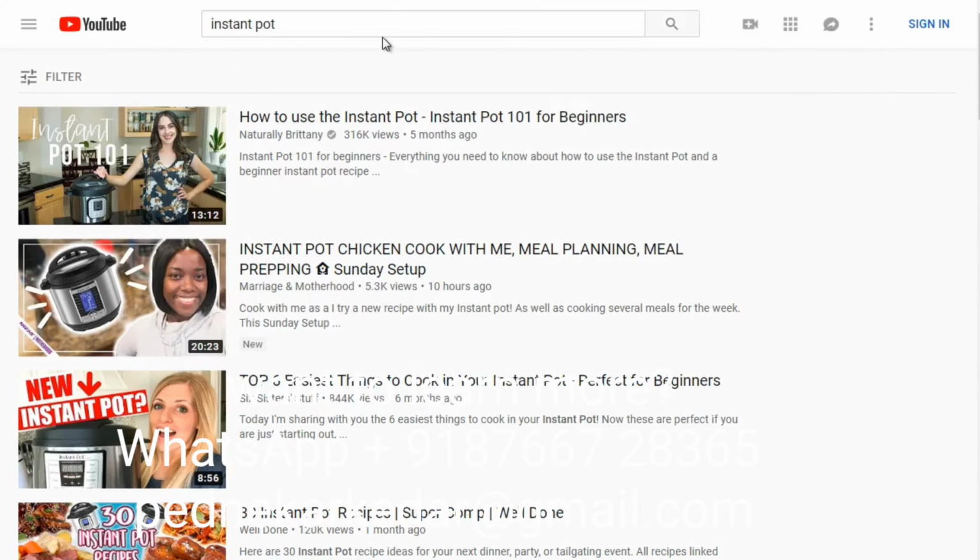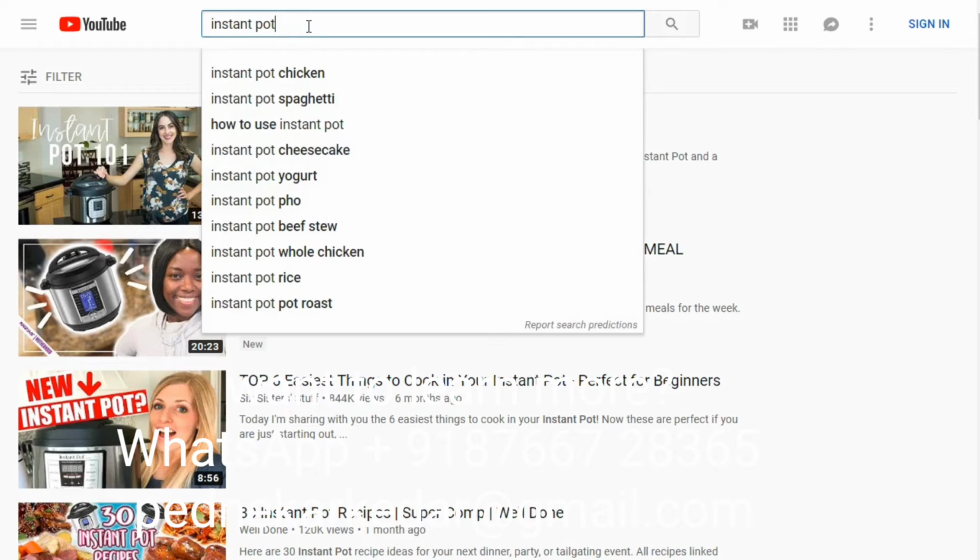So if we go back up here and we go to youtube.com and we type in Instant Pot, what do we get? So when you have a drop down like this is what we call the suggested keywords. And you'll see this in Amazon.com, you'll see this in Google.com and other major search engines. And what this is, is high demand and highly searched keyword terms. So in other words, if a lot of people are searching for these keywords, then they'll show up in the drop down menu. Right? So Instant Pot Chicken